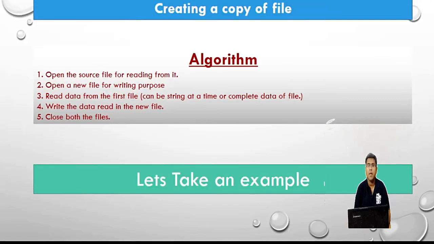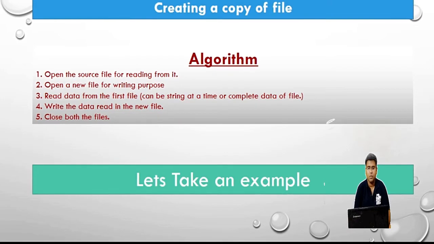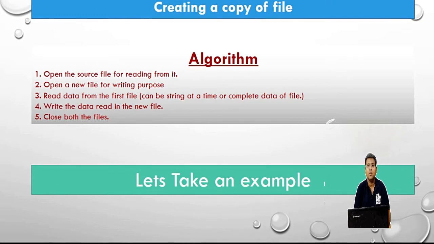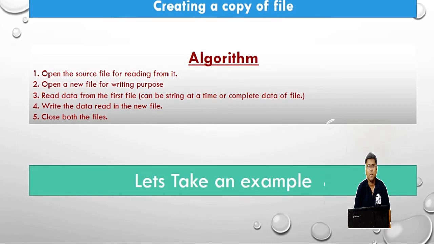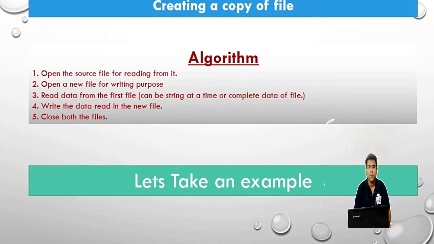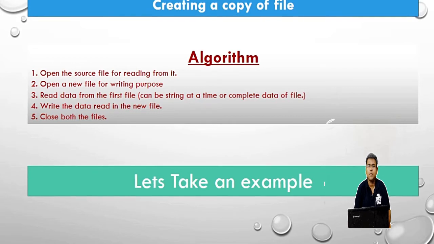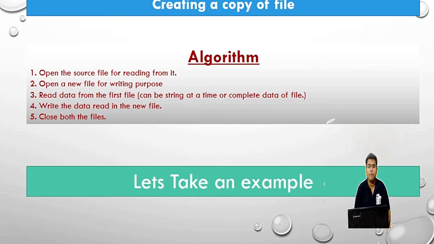we are going to learn some algorithms which are very important for your class 12. First we are going to learn how to create a copy of a file. An algorithm, if you can remember, is nothing but the step-by-step solution of any problem. Suppose you want to make tea, so there are some steps for making tea. Here also, if I write the solution of any problem stepwise, then it is termed an algorithm. So what will be the algorithm for copying a file?